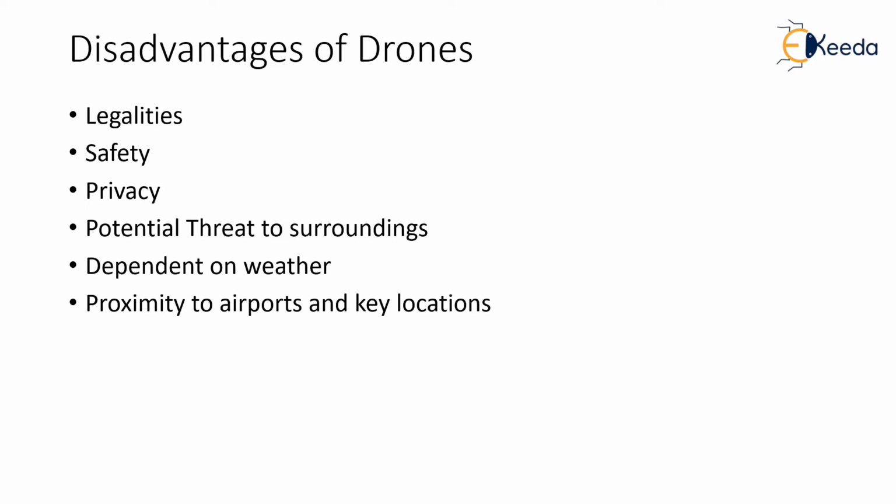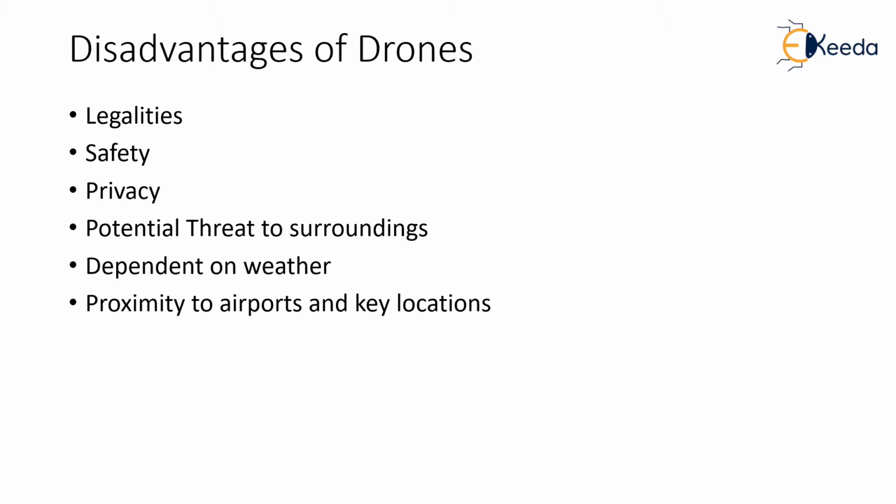Drones can cause more damage to aircraft than any other warheads, since if drones collide, the individual parts itself can cause much more damage. Therefore, there is always a no-fly zone around airports. Also, other locations like hospitals have no-fly zones near them to avoid any damage from the drones. These disadvantages give an idea of where drones cannot be used, or what the limitations of the drone are.